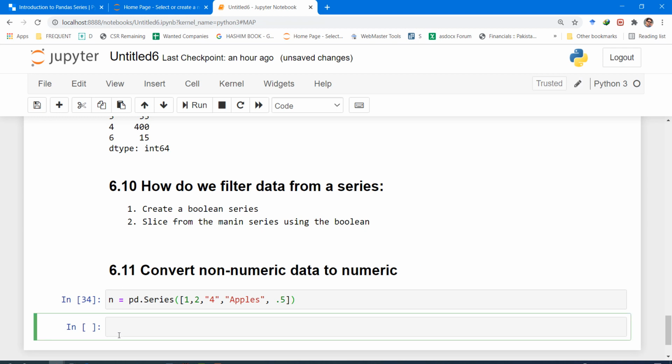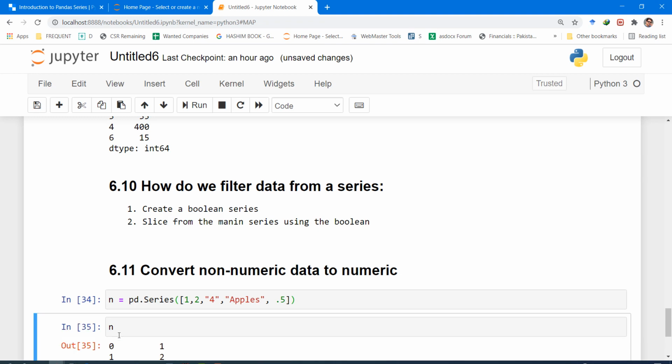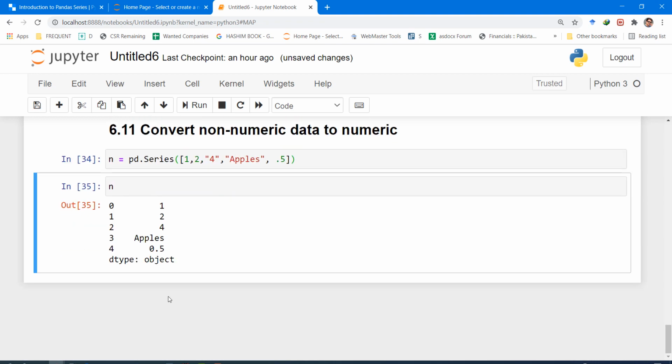If I type n, what do we see? Currently the type of this series is object. Whenever you see this, it means that this series is non-numeric in nature, and the mathematical operations that we can perform on a series cannot be applied to it.